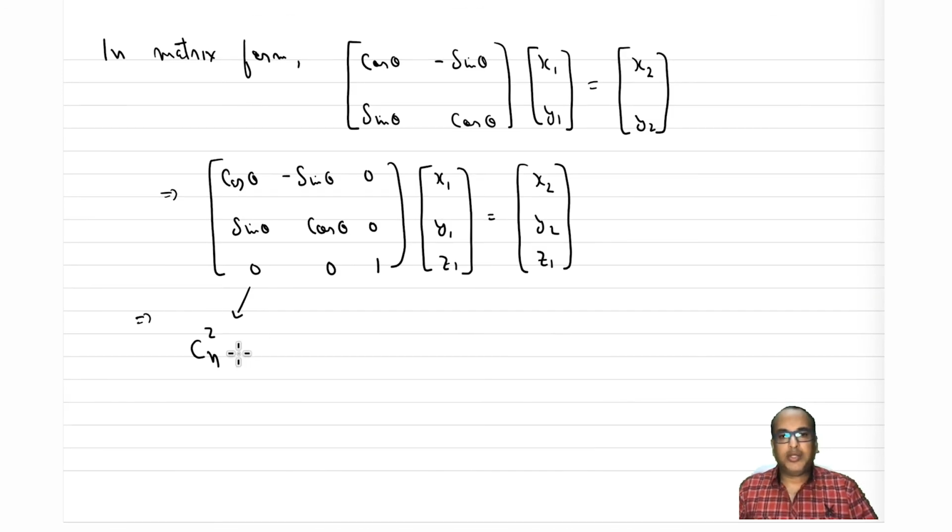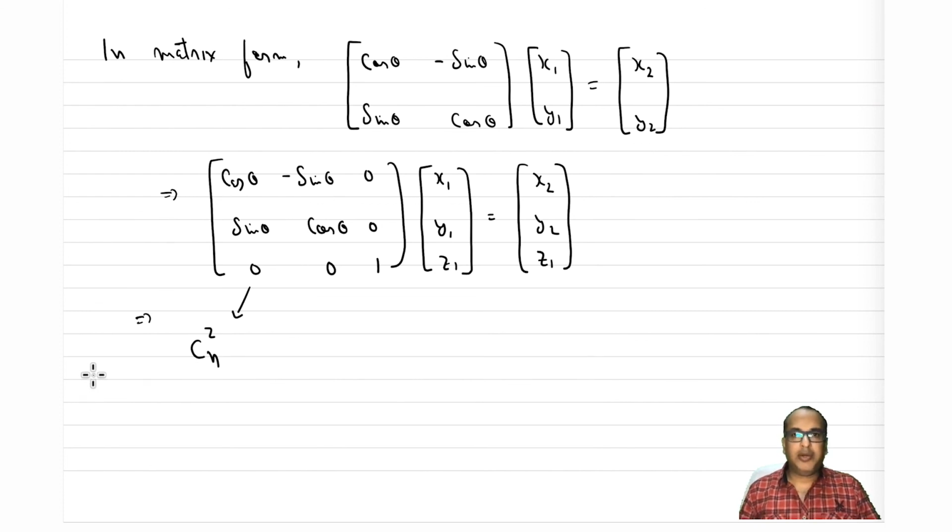All right. So now if I want C2Z, what I will have to do is my theta will be 180 degrees, right? So accordingly, the values of cos theta and sin theta will be placed here, and that will be the matrix for C2Z. Similarly, if I want C3Z, my angle will be 2 pi by 3, right? And if it's C4Z, it will be 2 pi by 4, and so on and so forth. So you can easily calculate the rotation matrix or matrix representation for any kind of rotation now.